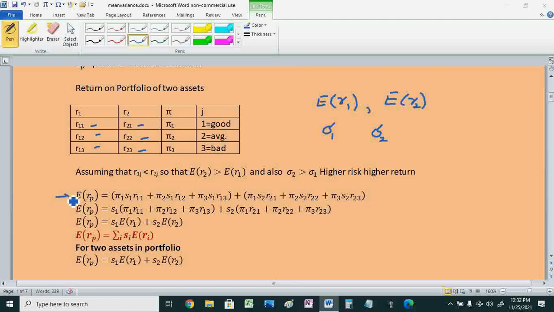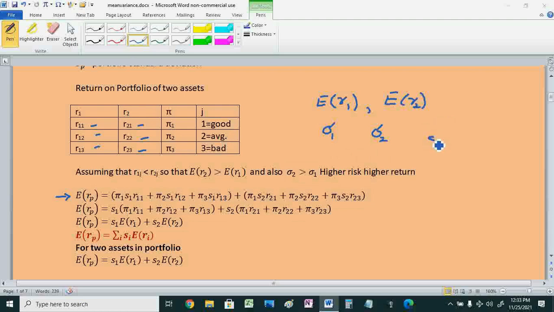expected return on portfolio. It is the probability of the state of nature 1 multiplied by the proportion of the savings or wealth that you have tied to asset 1, multiplied by the return on asset 1 when the state of nature is 1 or good, and similarly is true about each of these entries. See that